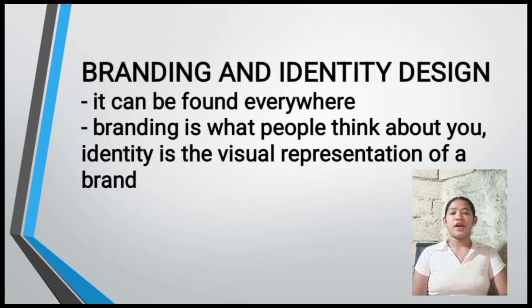Five is create an attractive color palette. A color palette is the set of colors used consistently in your brand materials. Colors influence emotions and perceptions. Six is select professional typography. Typography refers to the fonts you choose for your brand. Professional typography is clear, readable, and aligns with your brand personality.